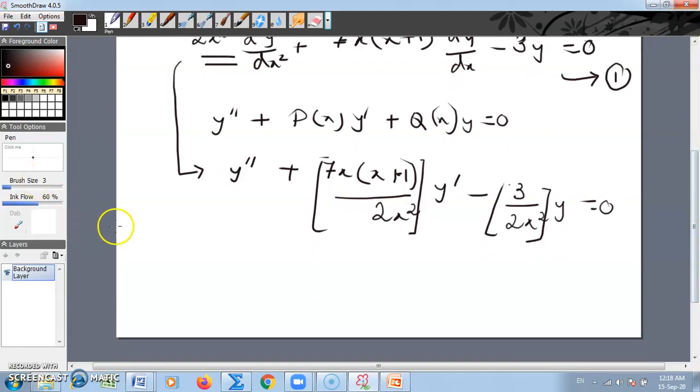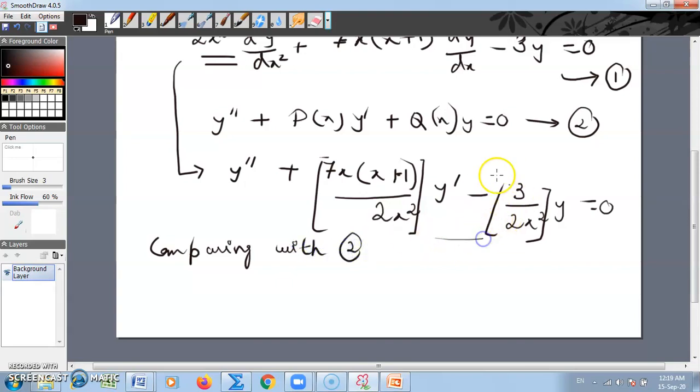So we can write this as 2. So we can write here, comparing with 2. That means comparing this particular equation with 2,